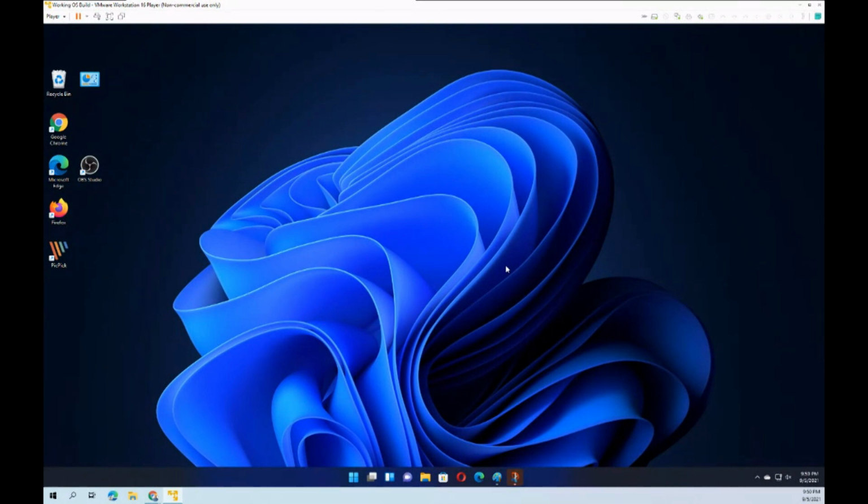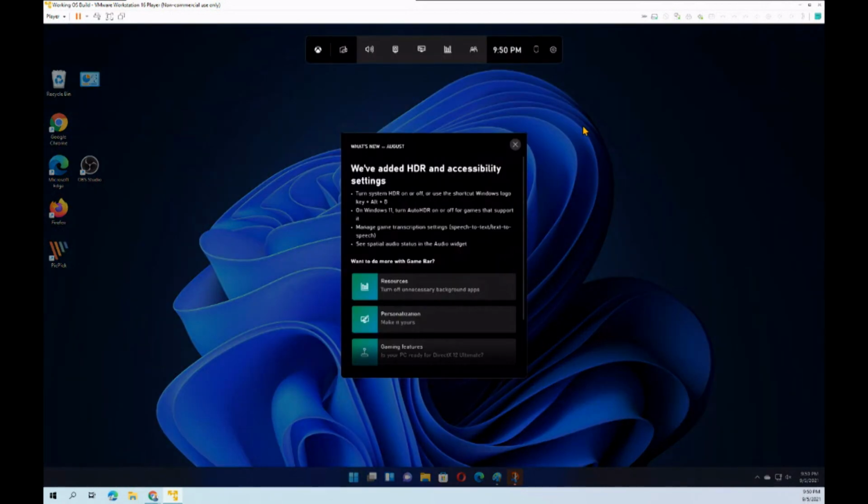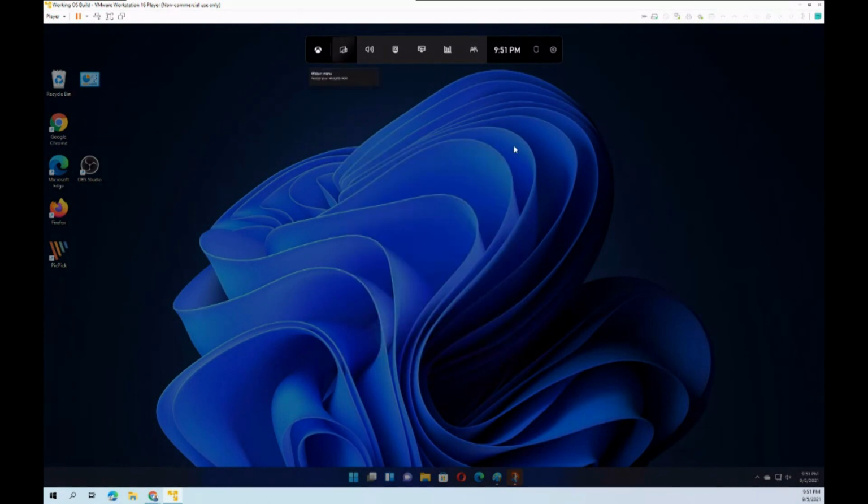If you've ever hit Windows plus G, you can see that in Windows 10 and 11, there's this game bar, and the game bar has various things on it. One of which is capture. But to actually initiate the capture, you don't even need to actually see the game bar. What you need is to hit the keyboard combination